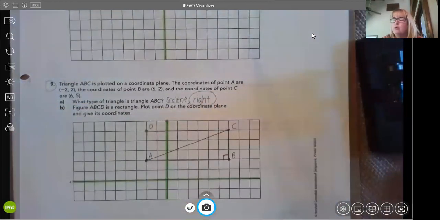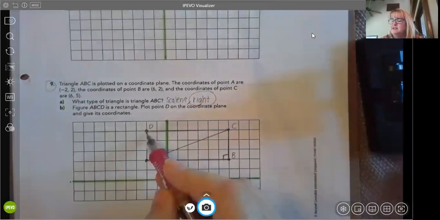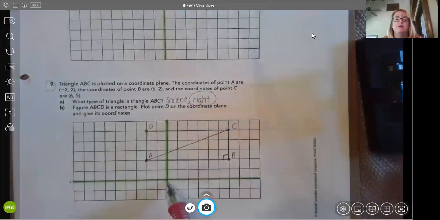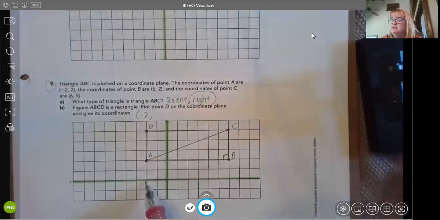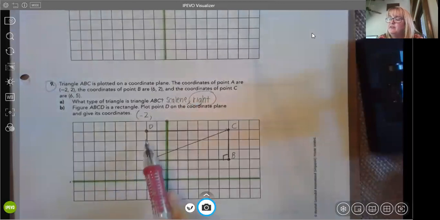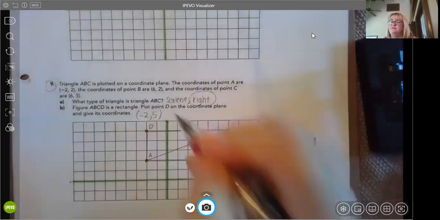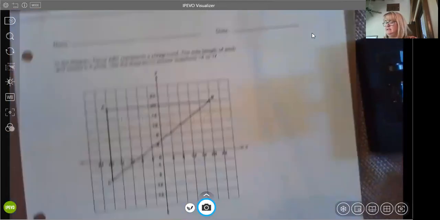What are the coordinates of D? So starting here, am I going to go forward or backward? I'm going backwards. How many? Going back 2. So my first coordinate is back 2. Then I'm going up. 1, 2, 3, 4, 5. So -2 and 5. All right. Let's